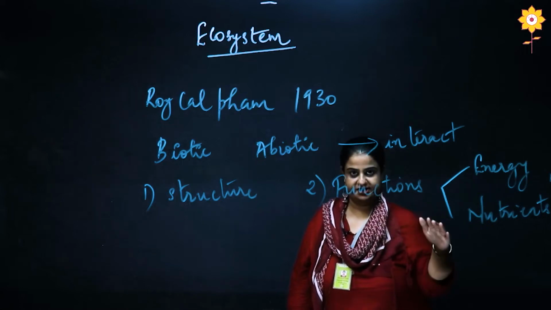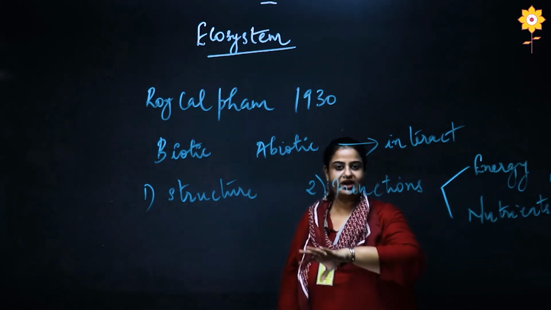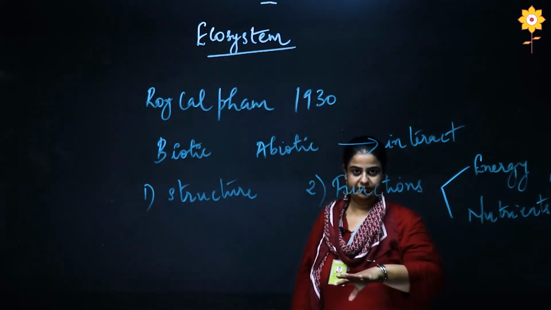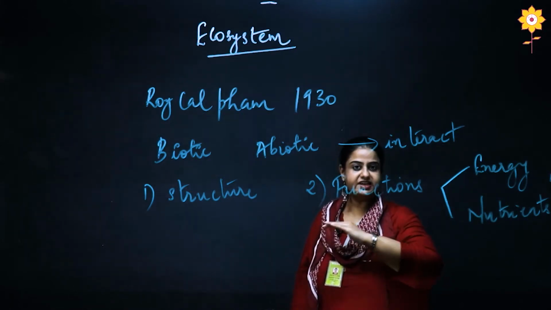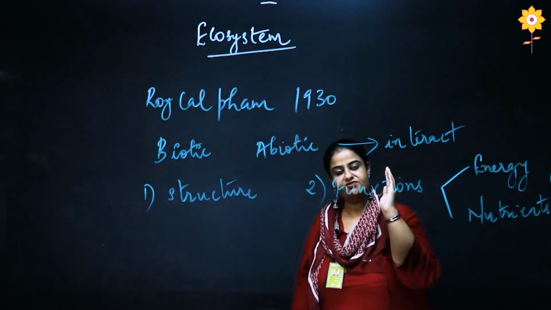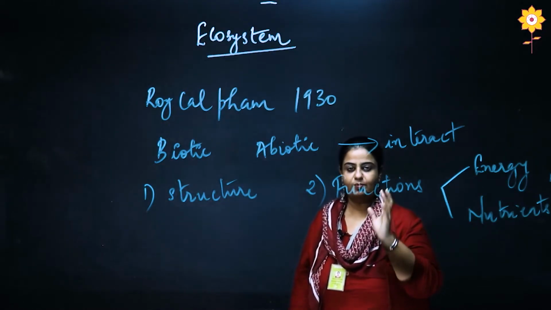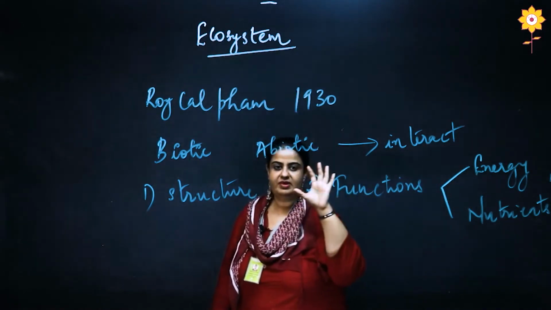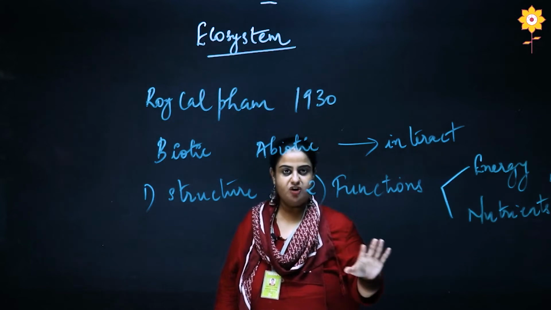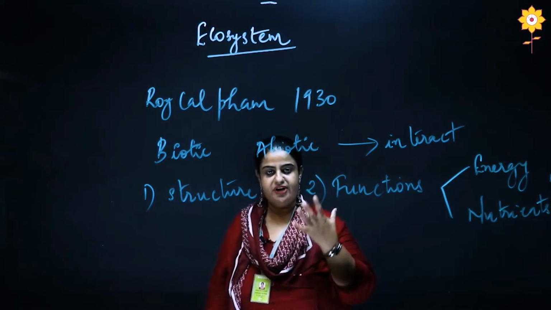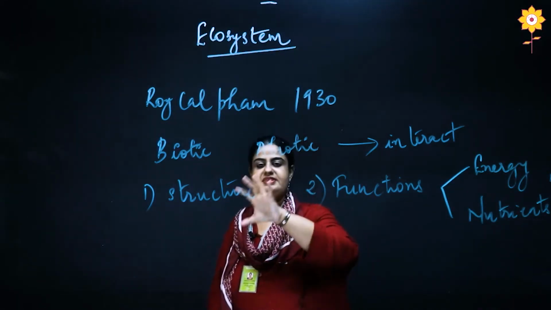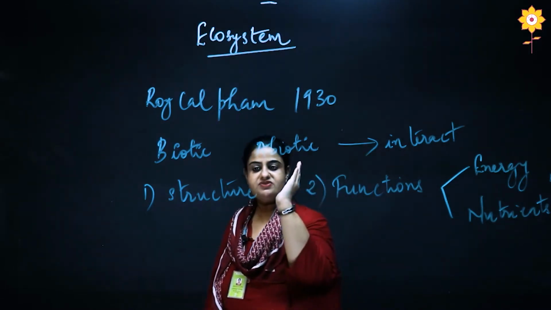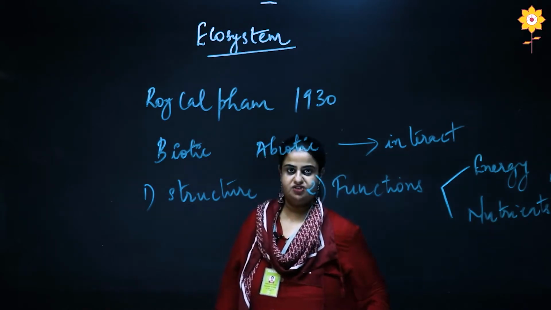So here what I'm trying to say is the size of the ecosystem varies. There is constant variation. The only factor that we need to look into is whether it supports life. If it is supporting life, definitely the ecosystem can be small or big, it does not matter. It is the basic component of environment. I hope this relevant point is absolutely clear to all of you. Now, our focus will be shifting into structure and functions of ecosystem.